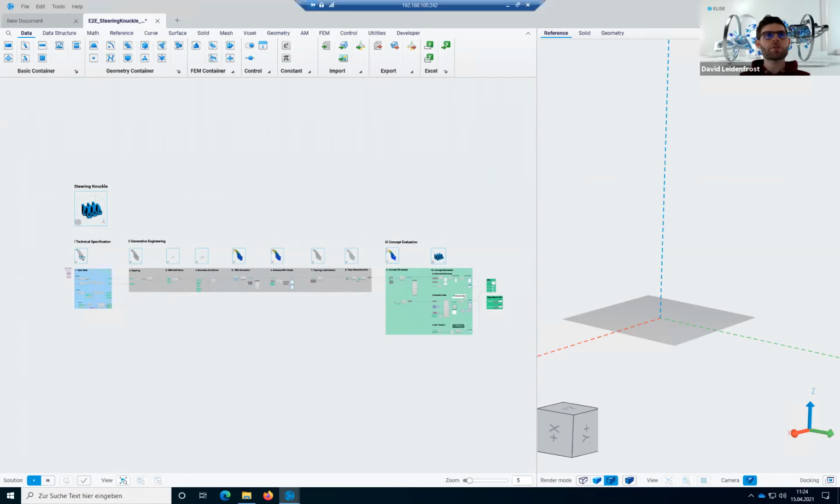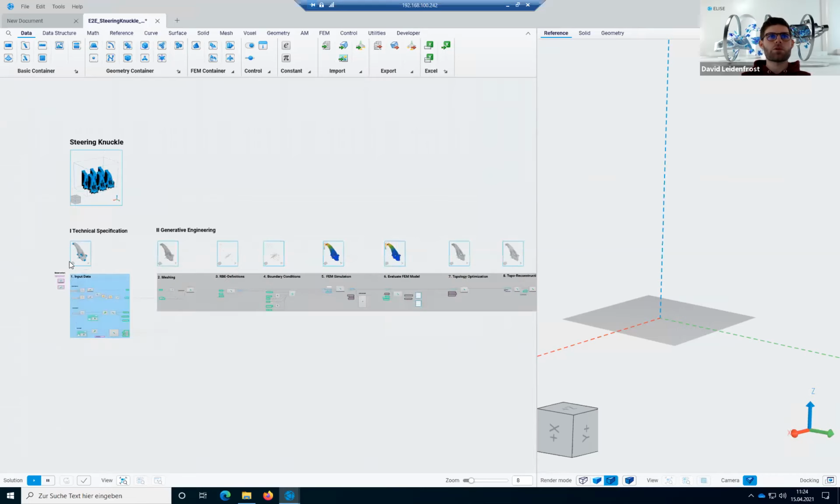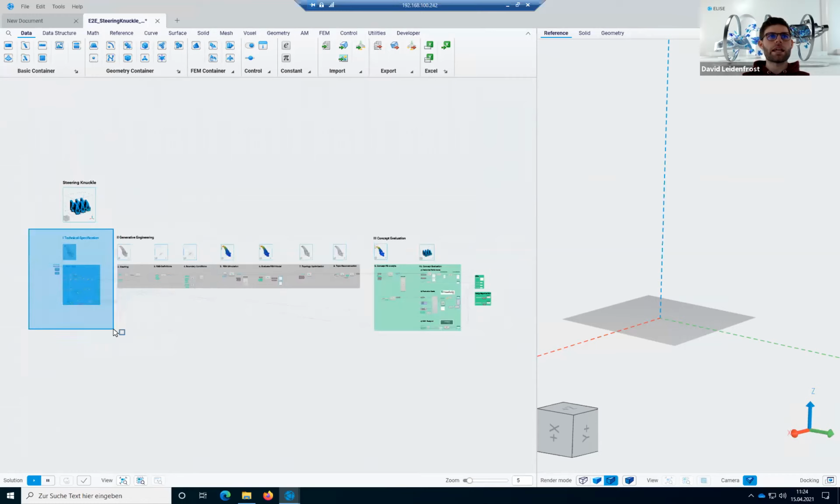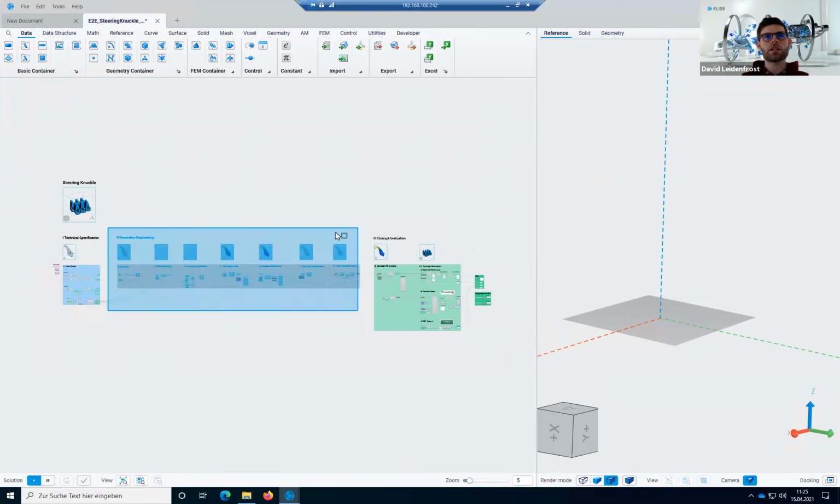We have 3 steps, and the first step is always getting data from an external program inside, which we have seen in the slides before from Tilman, which was the CATIA interface. So here's all the data in the blue area, the data coming inside. And as you can see by all the blue cables, this data is then processed by many components and features like topology optimization, reconstruction algorithms, finite element simulations, and so on. This all happens in a generative engineering section here in the middle,